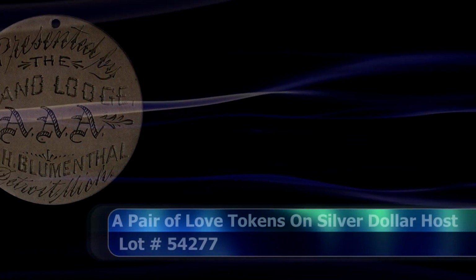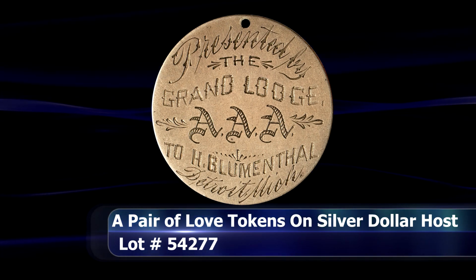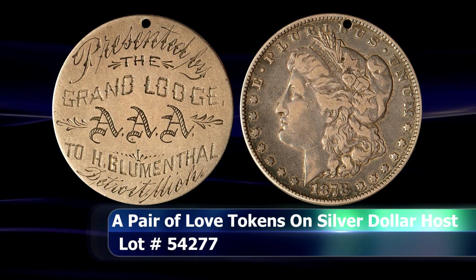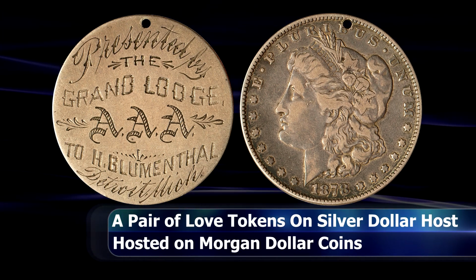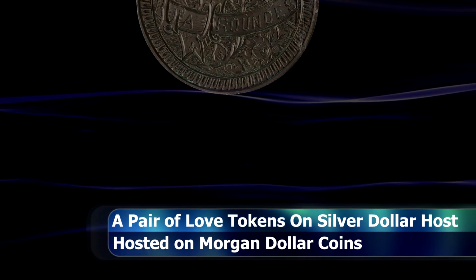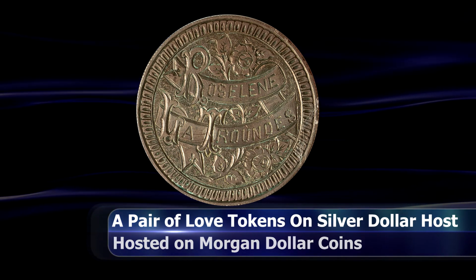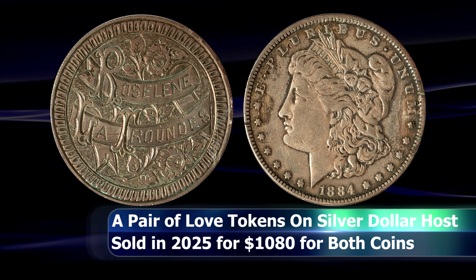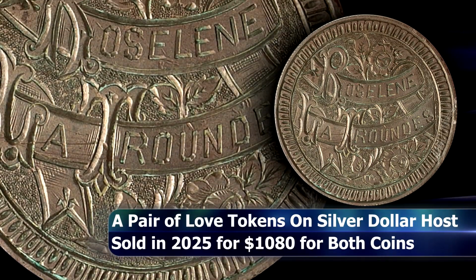$552. Then a pair of tokens, both crafted on the reverse of Morgan dollars, were also offered as a single lot. One reads, "Presented by the Grand Lodge, AAA to H. Blumenthal, Detroit, Michigan." This with a single hole to be worn as a pendant. Could this perhaps have been a Masonic token or something offered as from a business to its loyal customers? The other coin, meanwhile, on the reverse of an 1884 Morgan dollar is definitely a repaired X-mount and is engraved with the name of one Rosaline Latronde, with no indication as to whether in fact this was gifted by or to the lady in question. These two coins were then sold together for